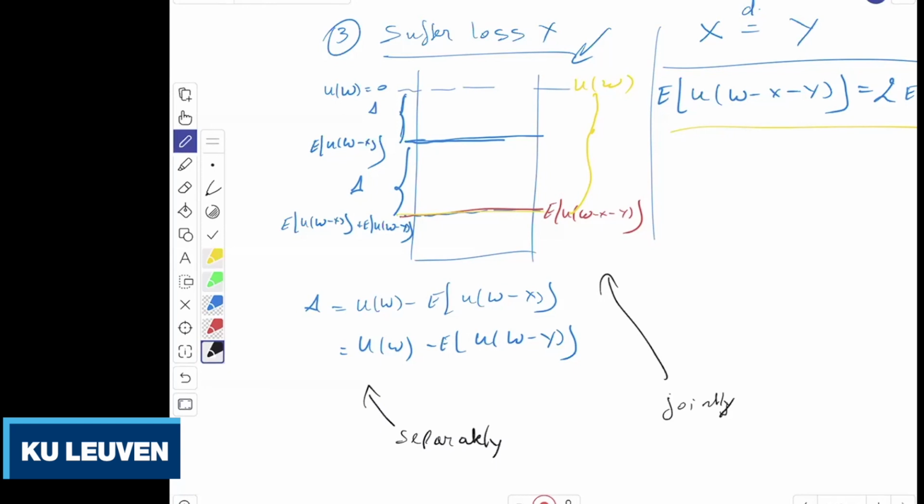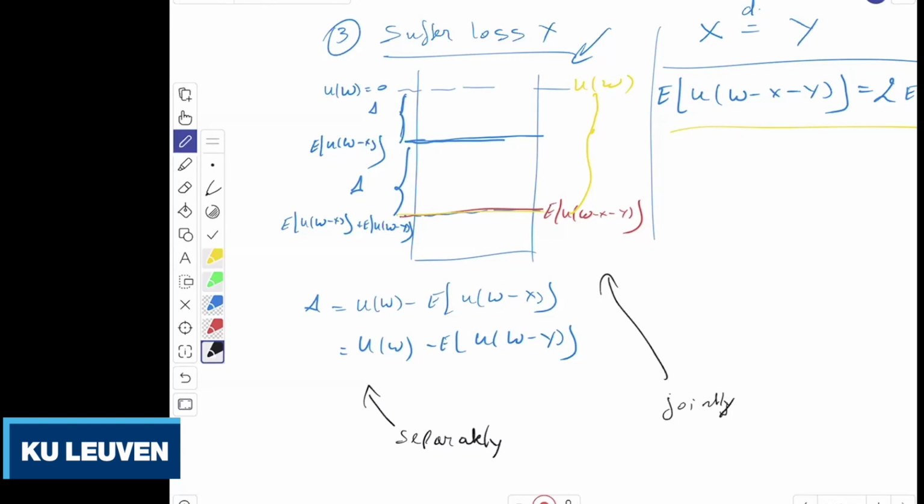Can everyone follow this idea, this interpretation of your expected utilities and how you add your risk to your portfolio, jointly or separately? Everyone understands? Clear? You're sure? Okay. Because it's very important. It's important because what does it mean? It means that